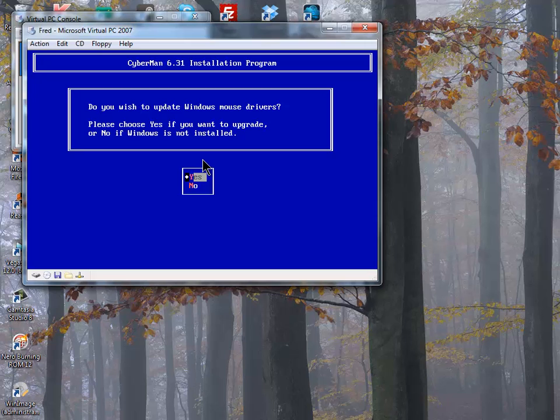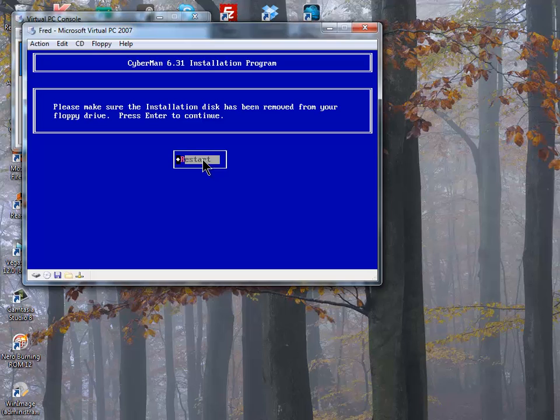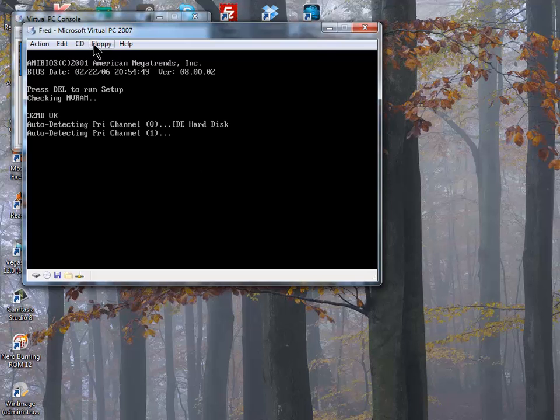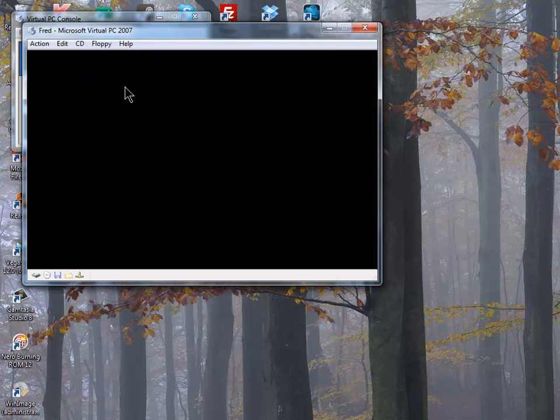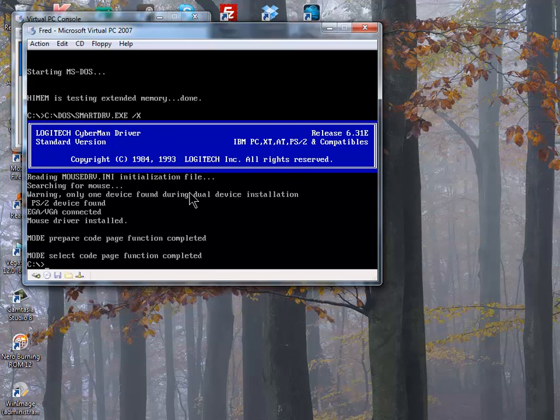Do you wish to update the Windows mouse drivers? We're just going to select no for the time being, as there are no Windows drivers. Now we're just going to press enter twice to restart, making sure to remove the Logitech Cyberman disk. Now you'll notice that this is taking a while. Now we're going to fix that by typing edit